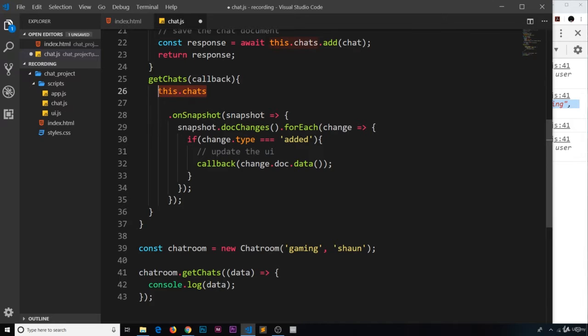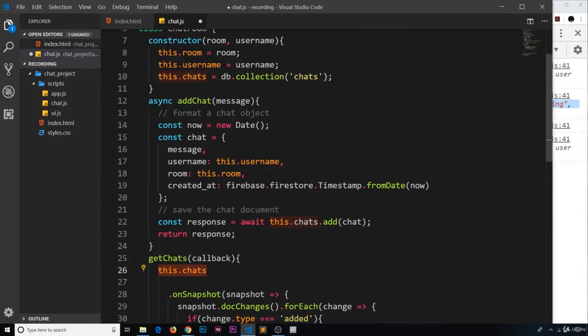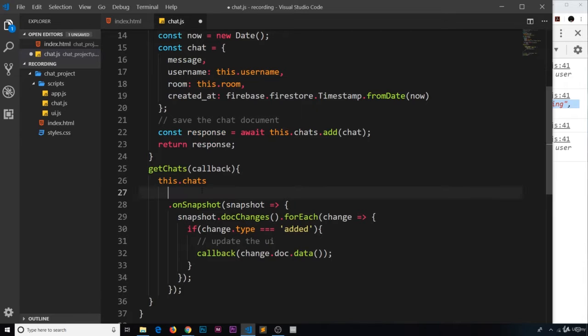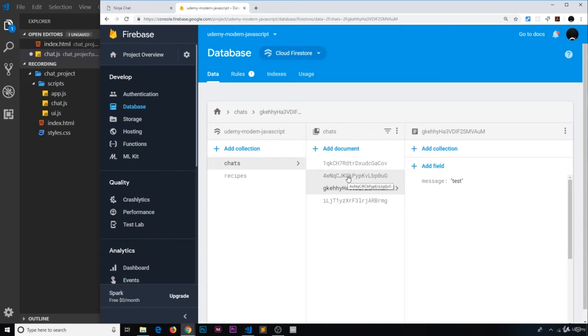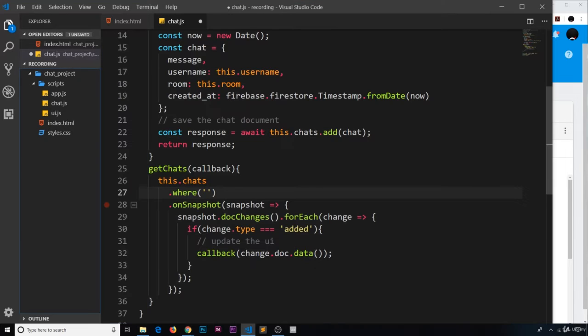So after we get a reference to this .chats right here, which is the collection reference, then we can use a method called where. And this method is basically going to allow us to get documents from a certain collection where a certain condition is true. So it takes in 3 arguments. The first argument is going to be the property name we want to assess. Now inside our database over here, we can see properties called room, and that's the thing we ultimately want to assess, because we want to say only listen for changes to documents where the room is equal to whatever room